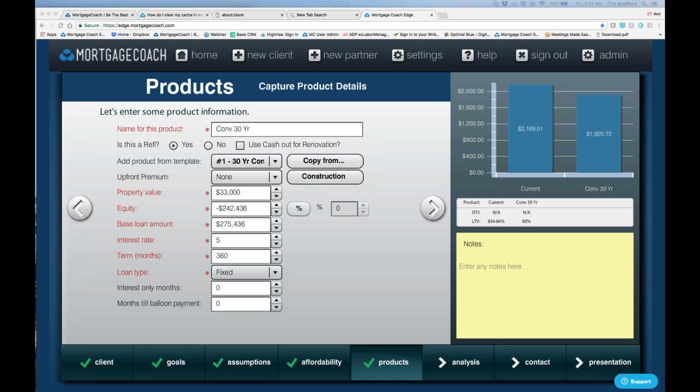Let me go back to my notes. I actually wrote notes down on this and I don't write notes very often. So cash out, oh, if it's a renovation. So if it's a renovation, you're doing that cash out, then you can do a tax deduction. But you cannot do a tax deduction if they're just doing a basic cash out for, let's say, paying off credit cards. So the logic is in there. If you click the little use cash out for renovations, then it's going to calculate it into that same information.